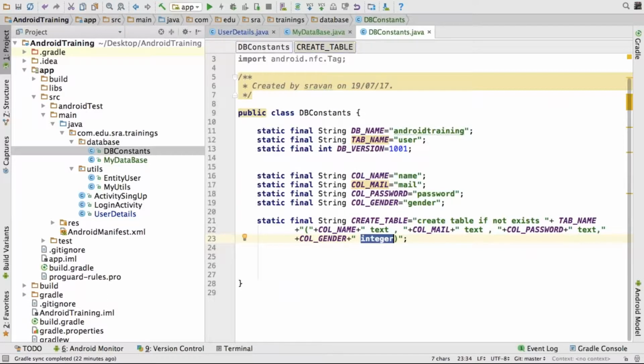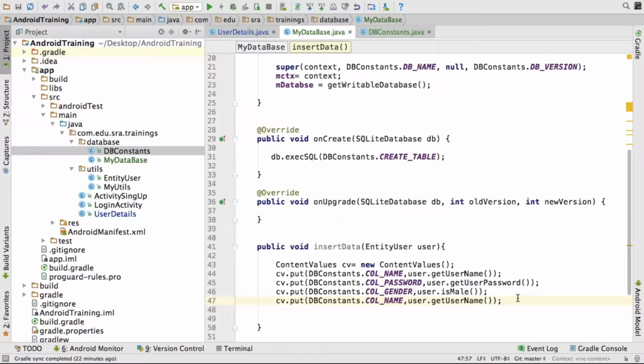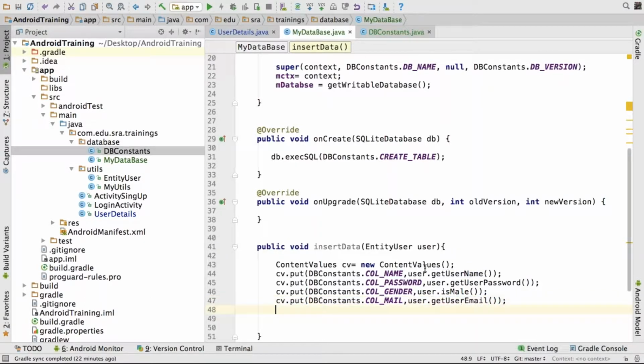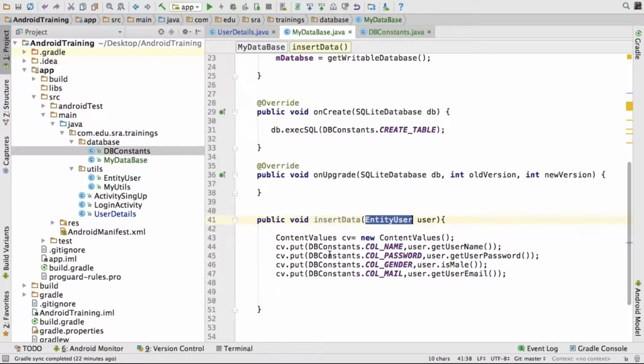Column email, get user email. So whatever values you have in the entity here, we are creating one ContentValues, and the ContentValues contain the column name and the respective value you want to insert in that.